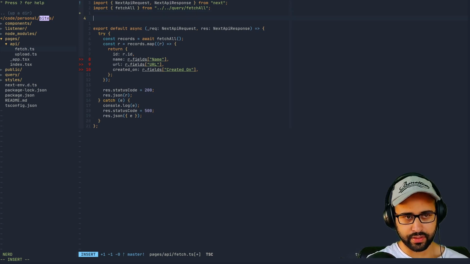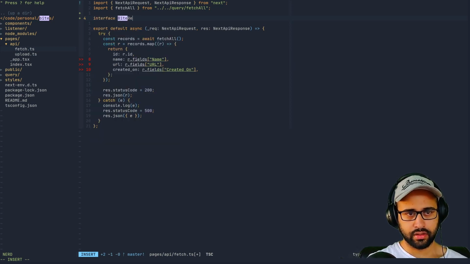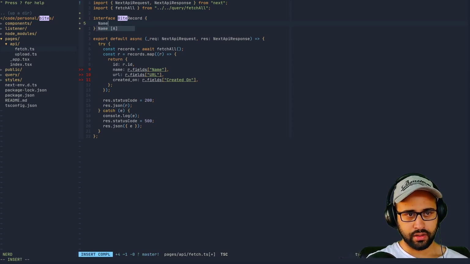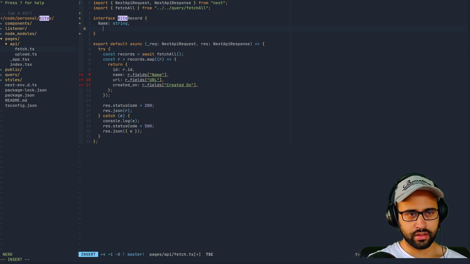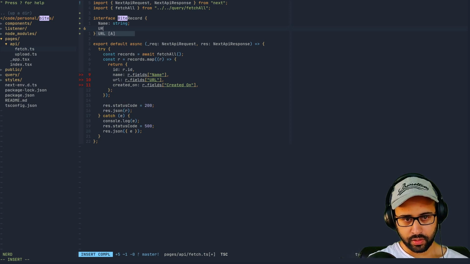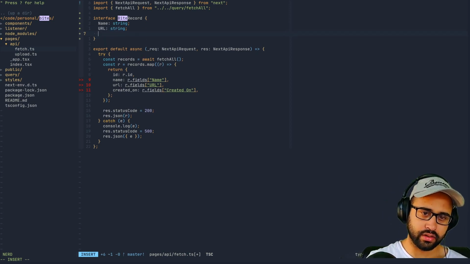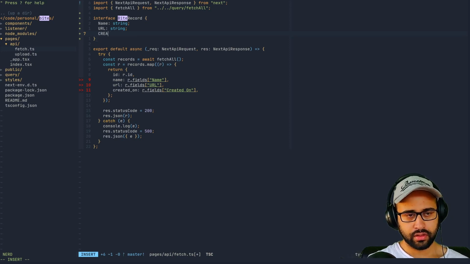So we'll define an interface byte record, right? And this will have name as string, URL as string, and how do we create it on as a string as well?